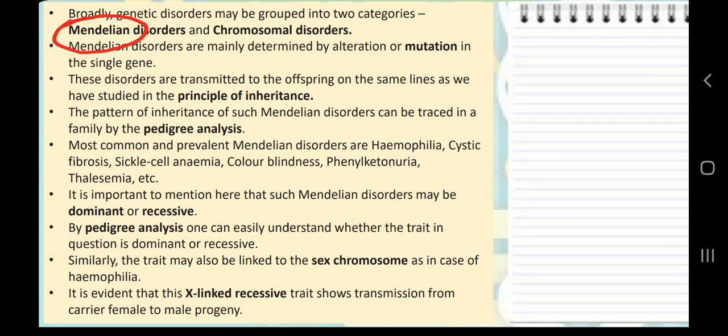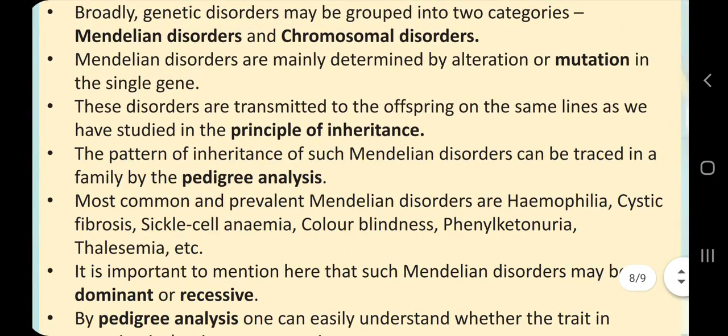And if any disorder happens due to the deletion or addition of extra chromosomes, then we will call them chromosomal disorders. Now the Mendelian disorders are mainly determined by alteration or mutation in a single gene, as I told you, because a gene is a sequence of DNA. These disorders are transmitted to the offspring on the same lines as we have studied in the principles of inheritance. The pattern of inheritance of such Mendelian disorders can be traced in a family by pedigree analysis, as we